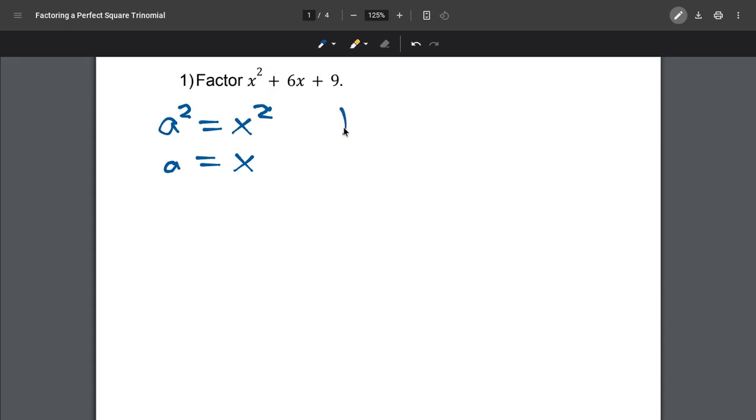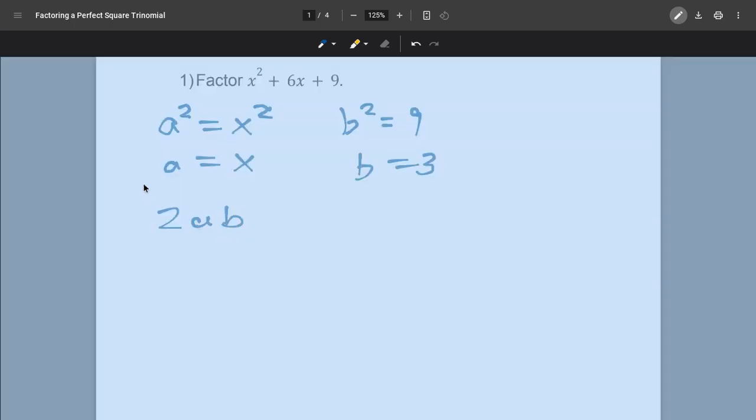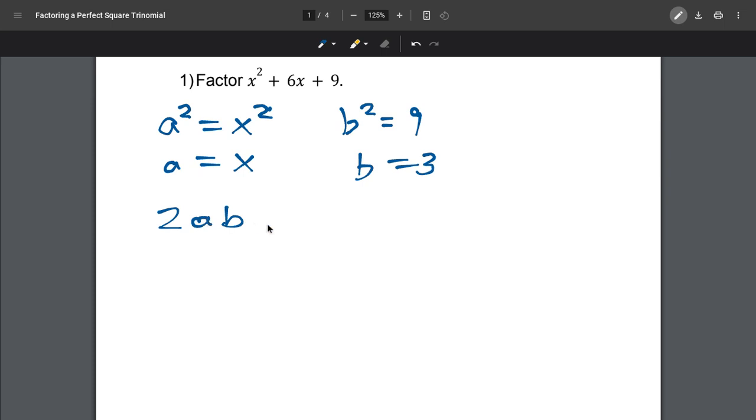And if we think of b squared as 9, well, the square root of 9 is 3, so b would be 3. 2 times a times b would equal 2 times 3 times x, or 6x. So that's the middle term here. So this definitely is a perfect square trinomial. So now that we've checked that,